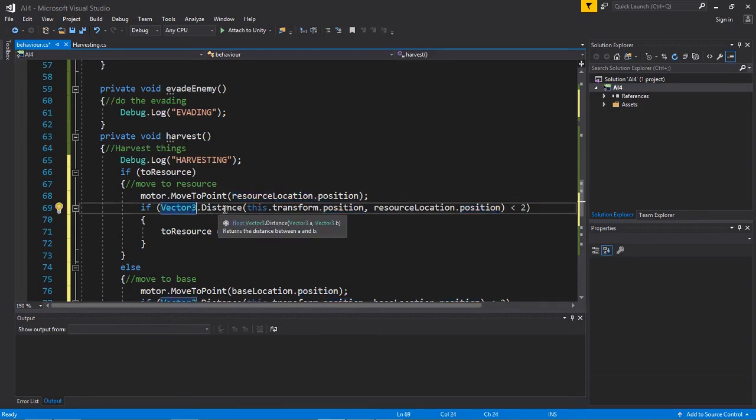And we have an if statement. We're just checking if the distance between our position and the resource location is smaller than a value. I just use 2. We should probably make this a variable, but for now our little hard-coded 2 is fine. So as soon as we're close enough to our resource, that's what our goal was, just to get to the resource. As soon as we get there, we can change toResource to be false,